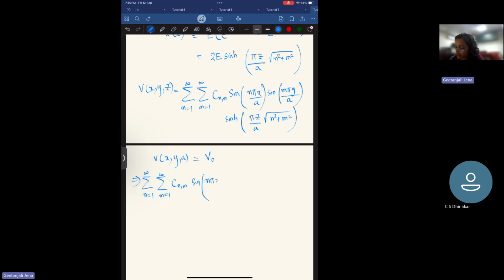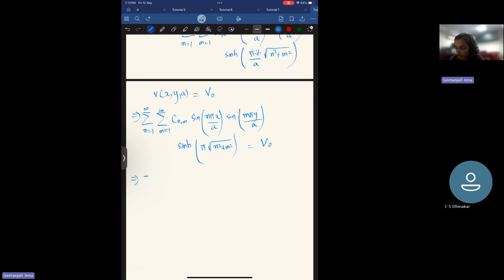C_nm sin(nπx/a) sin(mπy/a) sinh(π√(n²+m²)) = V0. To solve it, you can use the trick, that is to multiply by two sine functions and integrate: C_nm ∫ from 0 to a sin(nπx/a) sin(n'πx/a) dx,